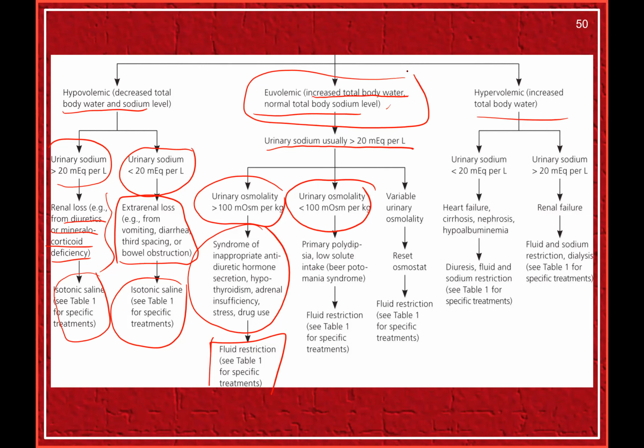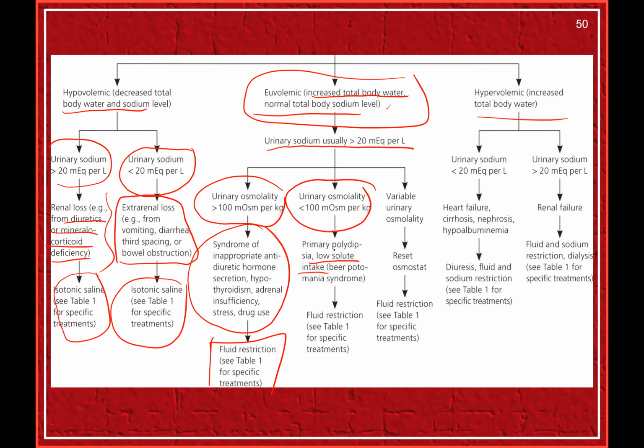Okay. If the urine osmolality is less than 100 milliosmoles, that means very dilute urine is being produced. There is a sort of primary polydipsia. The patient is taking excess water due to thirst, and that causes the low osmolality of the urine. More urine is produced, polyuria is there, only plain water is taken, not much salt is replenished. There is hyponatremia. That is our low solute intake.